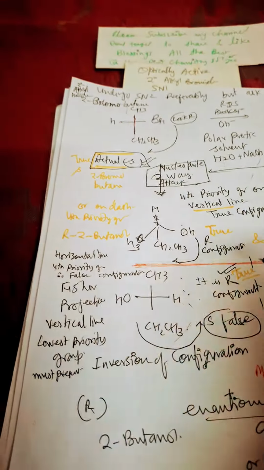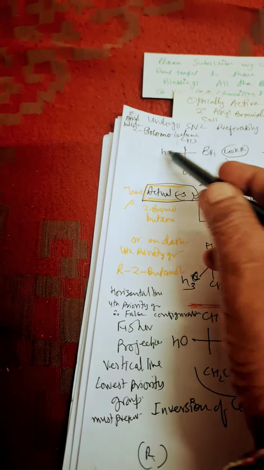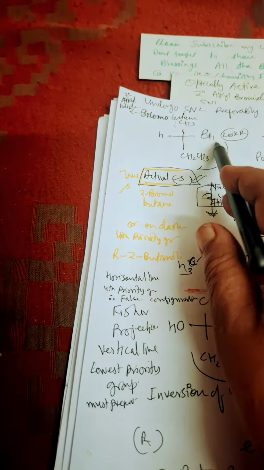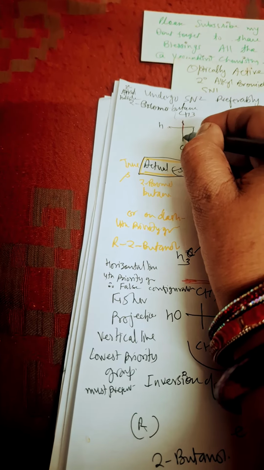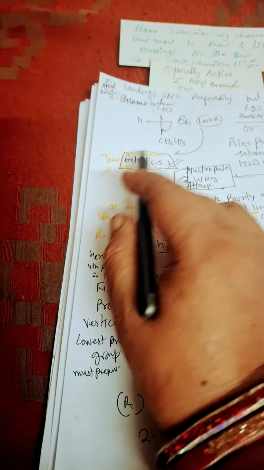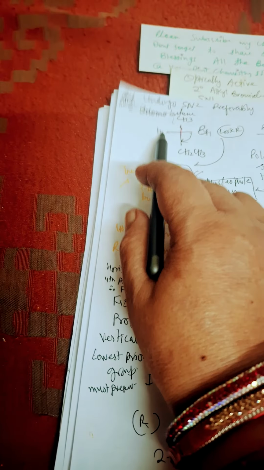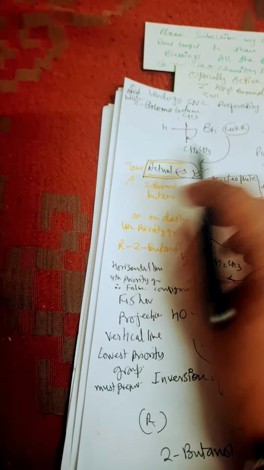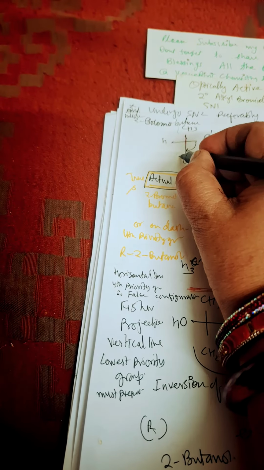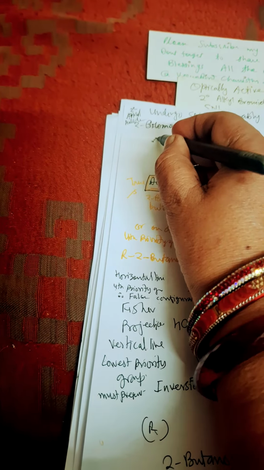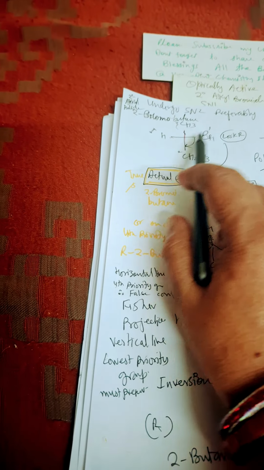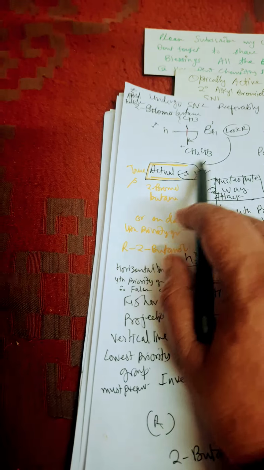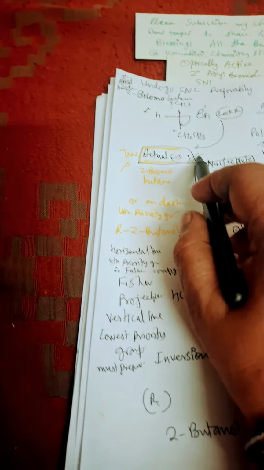Now one thing I will tell you: here the structure is drawn like this. At that moment, if hydrogen is on the horizontal line, then whatever we see, it looks like R configuration, but it is false. Its actual configuration is S. Why? Because hydrogen is on the horizontal line. So first, whatever configuration you are watching, you write down. This is the first priority group, this is the second priority group, this is third, and this is the fourth priority group. Since the fourth priority group is on the horizontal line, whatever configuration we are watching, it looks clockwise, it looks like R, but actually it is S configuration.